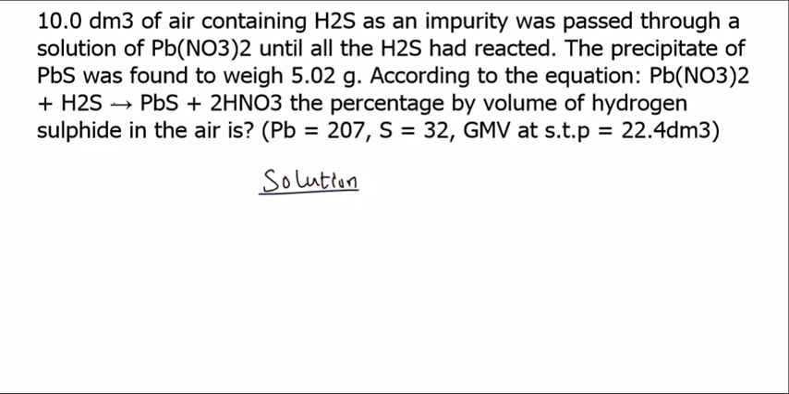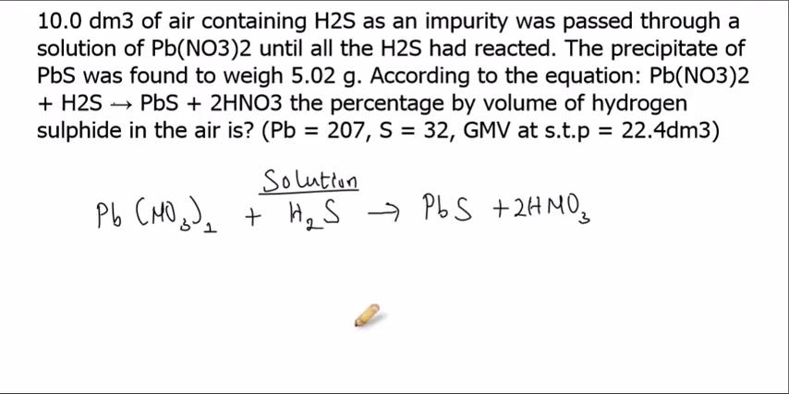To attempt a question like this, the first thing to do is to write out the chemical equation showing the reaction between lead(II) nitrate and hydrogen sulphide. Looking at this, it is a balanced chemical equation. Then let's proceed. In the question above, we are made to understand that 10 dm³ of the air contained hydrogen